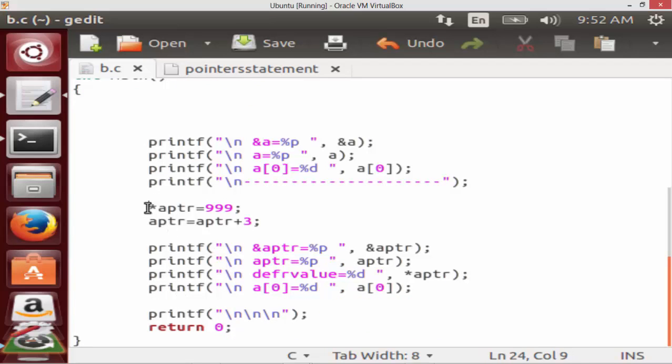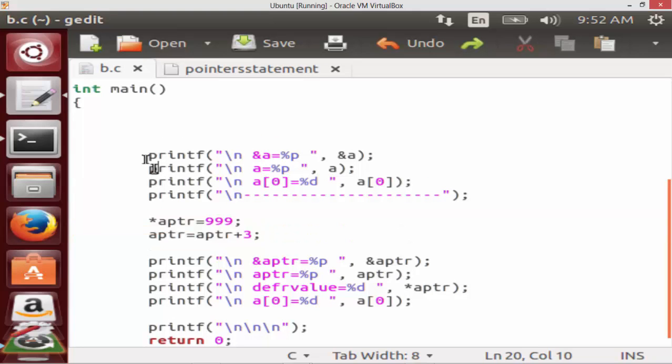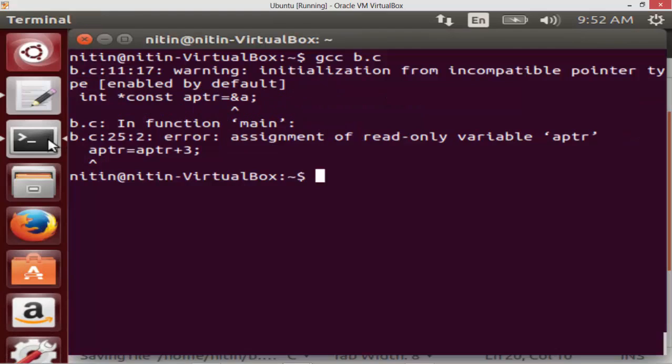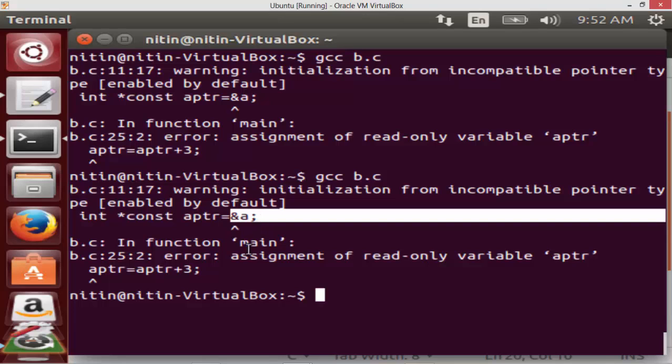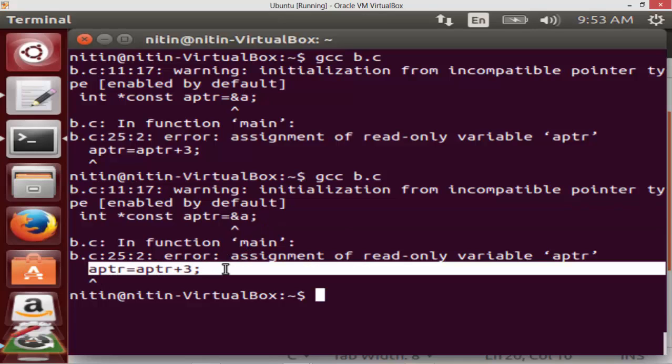So let us just take this out and see what will happen. We got one more error there. The warning is still there, which says incompatible pointer assigning star const aptr to AND of A. But we have got a new error where it is now saying my aptr itself is read only.